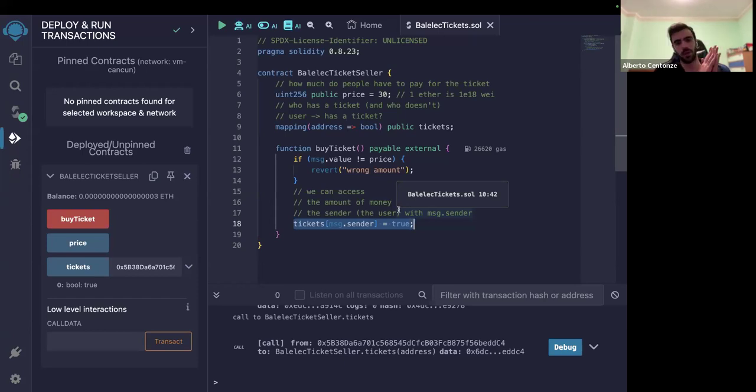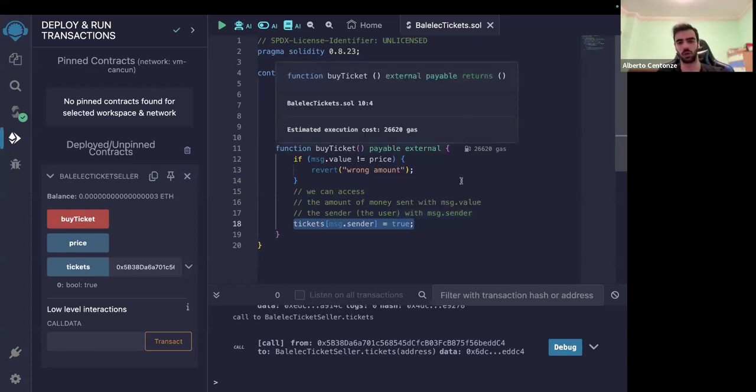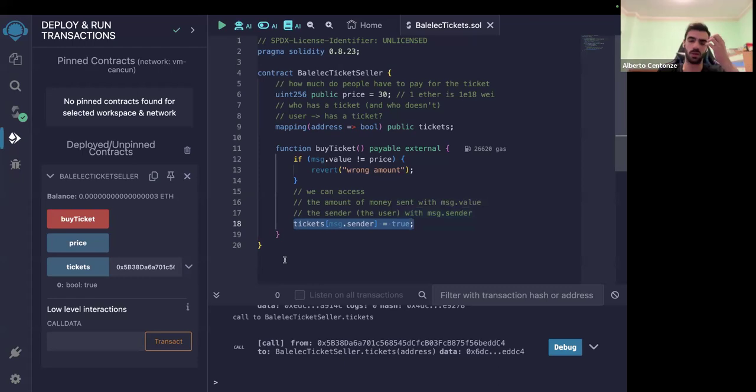As I said before, here the price is a variable, and even though it's called public, this does not mean we can change its price. It just means we have a public getter for it. So how do we actually change the price? By default, we can't. So if you were to just put this on the market like this, nobody could change the price, which is something that could be desirable.